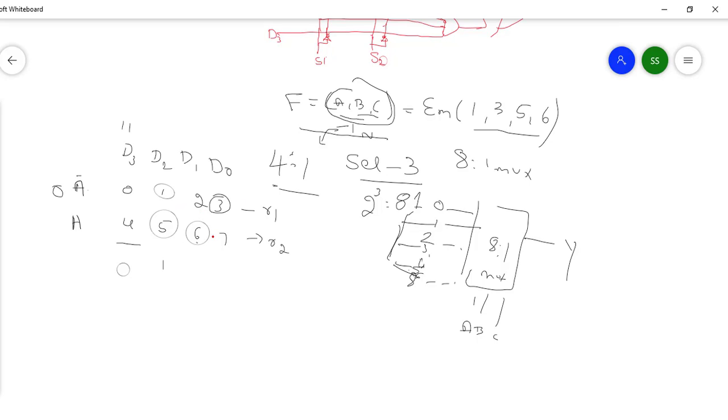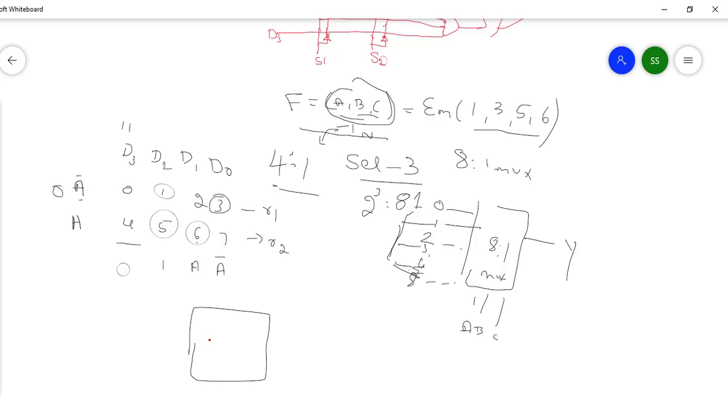2 is 0, leave it. 6 is selected in a portion, so make it this one as A. Okay. Similar way in 7 and 3, the 3 is selected. 3 is selected means it is the first portion A bar, so it is A bar, right? Now you have to give according to this table.